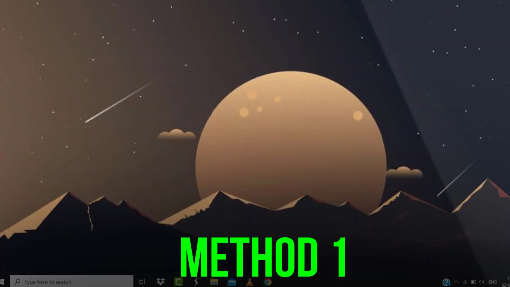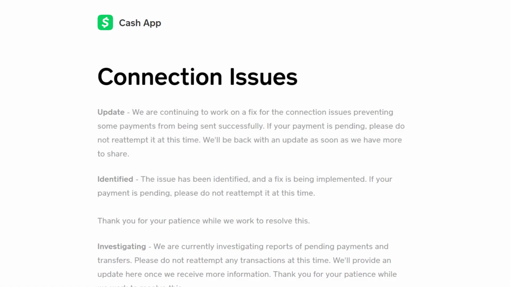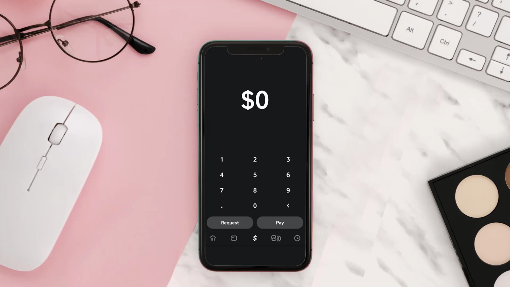So first of all, open up this page in your web browser and check its server status. Sometimes it can happen due to server issues. In case you find a temporary outage, wait for some time and try again later. But if you experience no outage here and still encounter this issue, then you need to open Cash App on